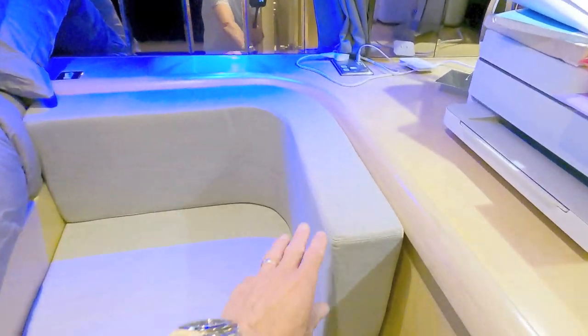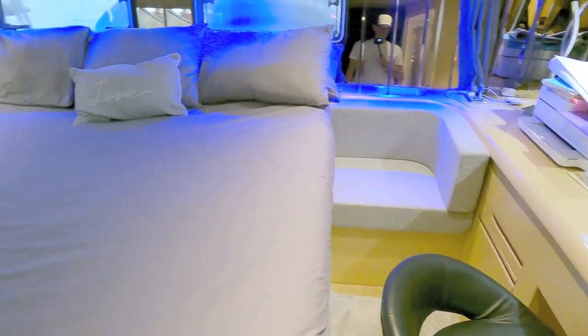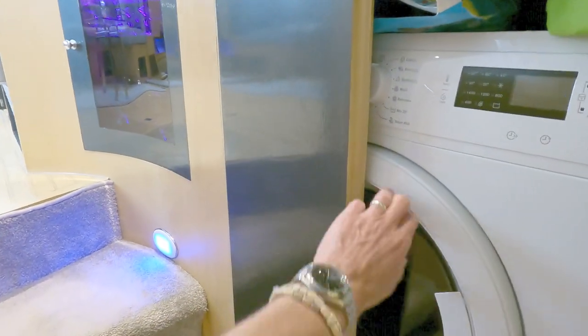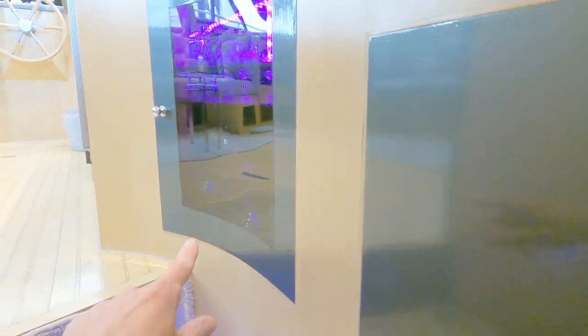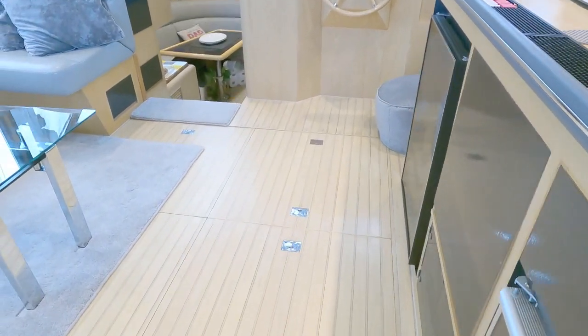All of the fabrics have all been redone extremely recently. The wood is in exceptionally good condition. There's another looking cupboard in here, look. Oh no, tell a lie, not a cupboard, washer dryer. So very much a liveaboard. There's a little cupboard up here which has got additional glasses, and last but by no means least, I would imagine,